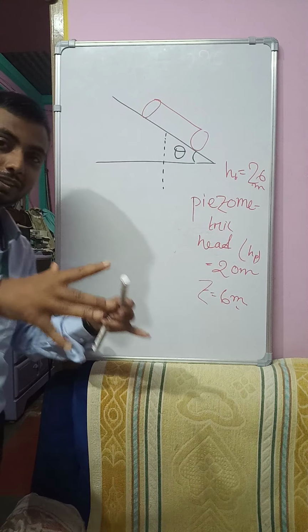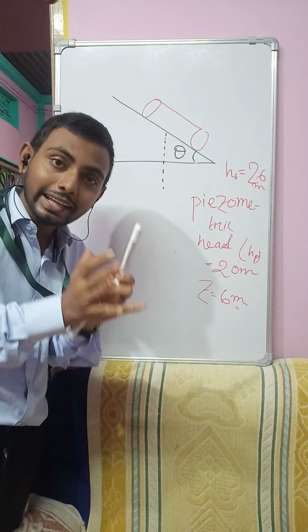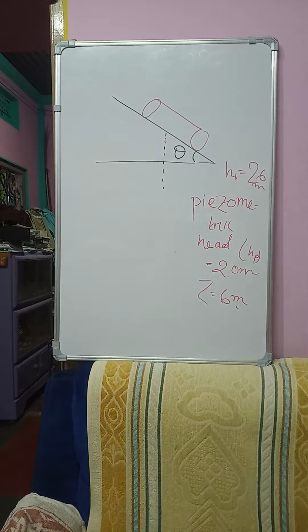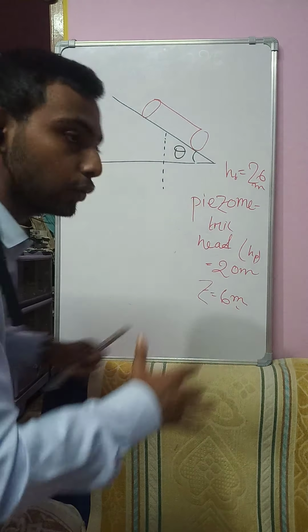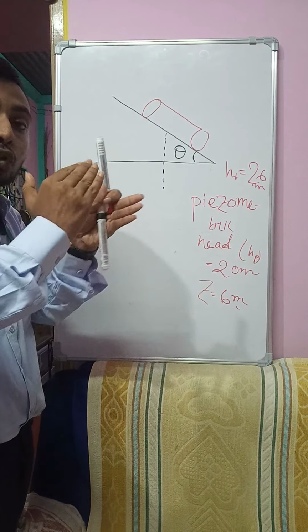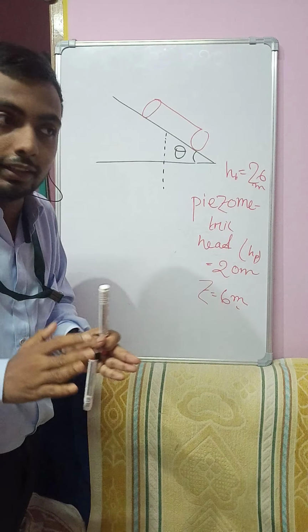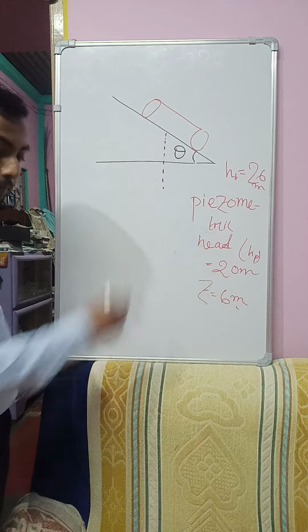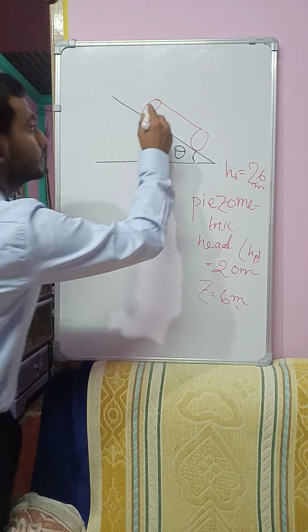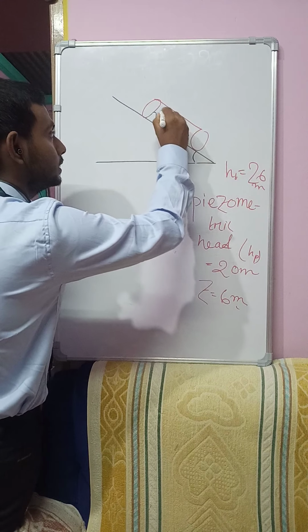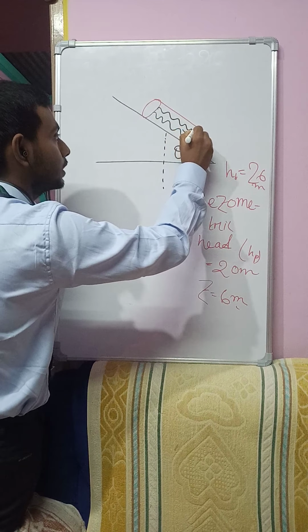So as the question is from Bernoulli's theorem, first we will take a small overview of Bernoulli's theorem. So friends, what does this Bernoulli theorem say? Bernoulli theorem says that the total energy of any fluid throughout the section is constant. Suppose this is my pipe and here is some water flowing. Obviously the water will flow downward due to gravitational force.